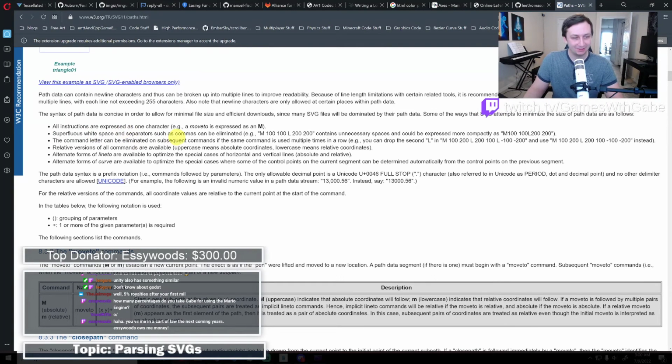White space and separators such as commas can be eliminated. So M 100 100 L 200 200 contains unnecessary spaces and could be expressed as that. Okay, but there is still a space between the numbers, which is all that matters. The command letter can be eliminated on subsequent commands. If the command is used multiple times in a row, you can drop the L in M 100 200 L 200 100 L negative 100 200. Ooh, okay. So basically, this is kind of like context sensitive. So it's letter, number, number, letter, number, number. If there's no letter, it's the same letter as the last one. Alternate forms of line to are available. Blah, blah. Alternate forms of curve are available. Okay, so this shouldn't be too bad